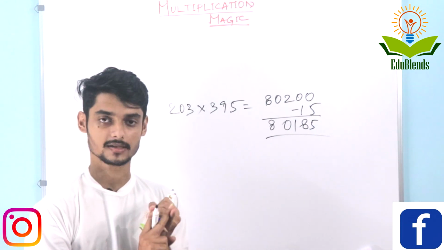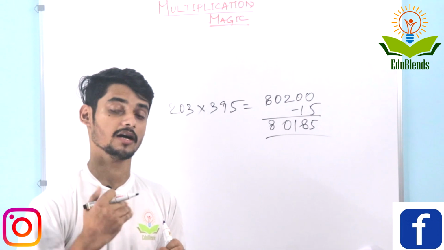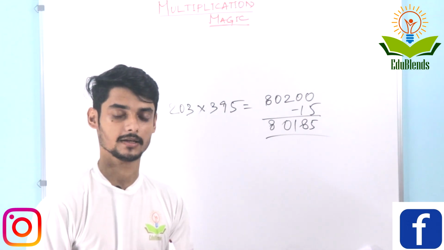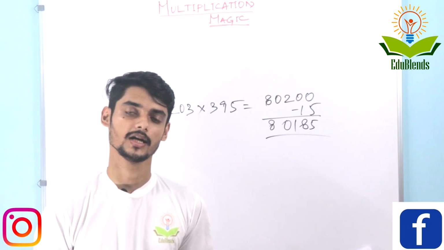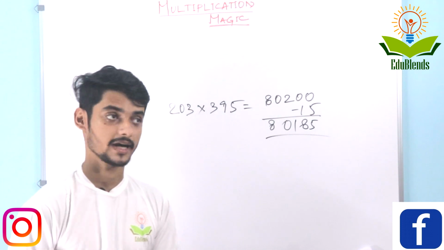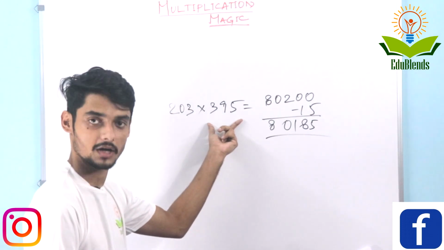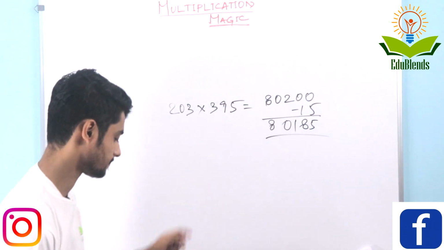First step we will discuss with the base 100, and after that we will take the base multiple of 100, and accordingly we will change the base and try to eliminate, like the base of this number is 200 and the base of this number is 400. So likewise we will discuss one after another. Let's see.